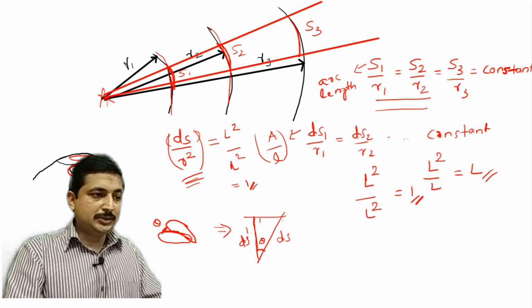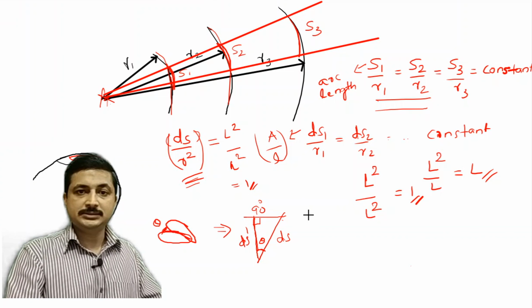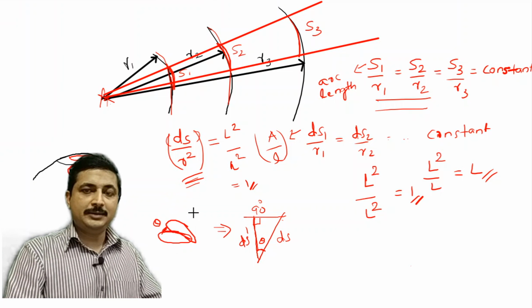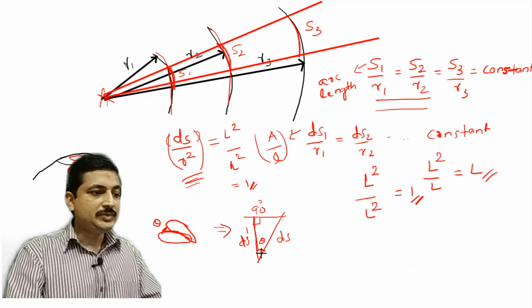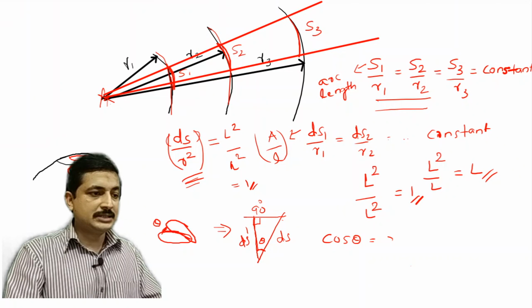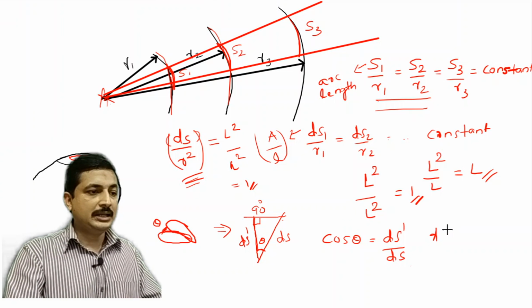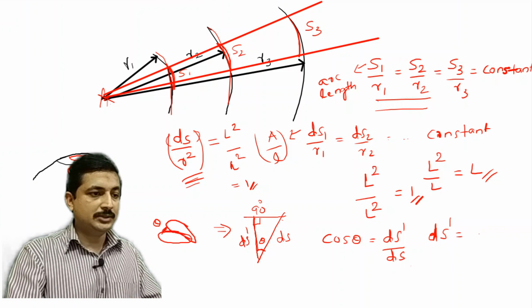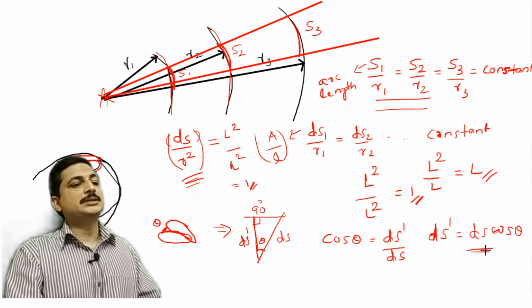Now when I project, I will be representing this with respect to some plane. So this angle will always be 90 degrees, because I am doing all this on a plane of paper, or the xy plane or yz plane, whatever it is. So if I consider cos theta from this triangle, I get cos theta as adjacent side by hypotenuse. So it becomes ds dash by ds. From this I can easily write ds dash is equal to ds cos theta.